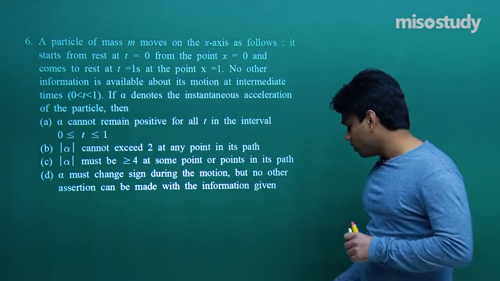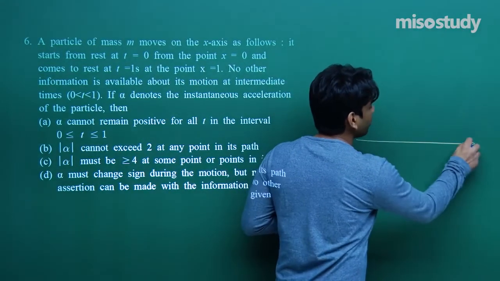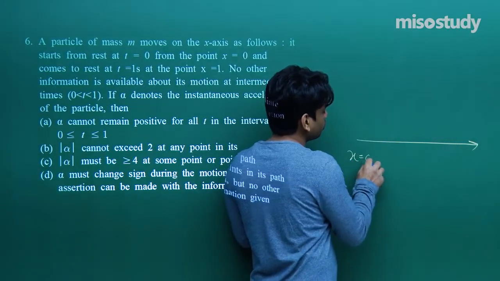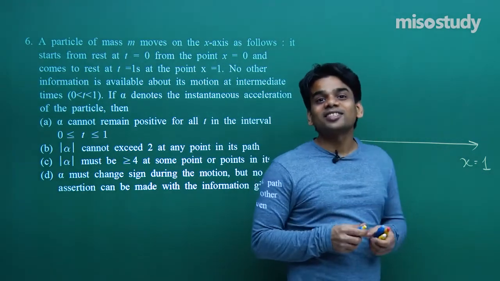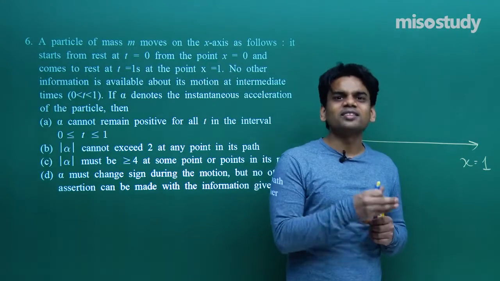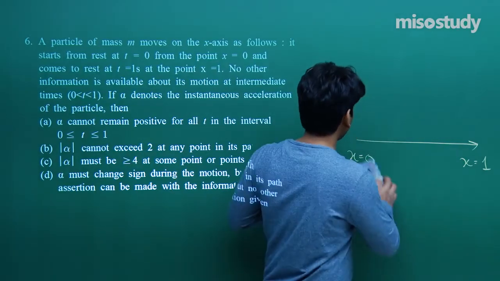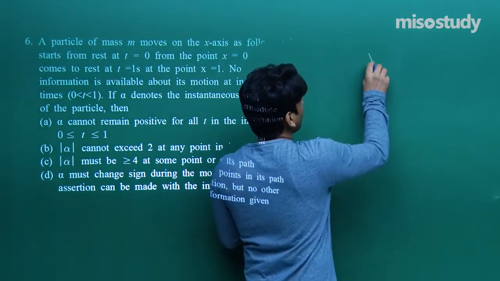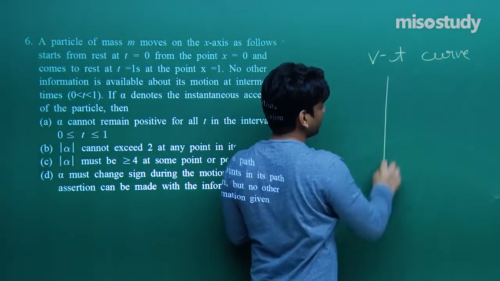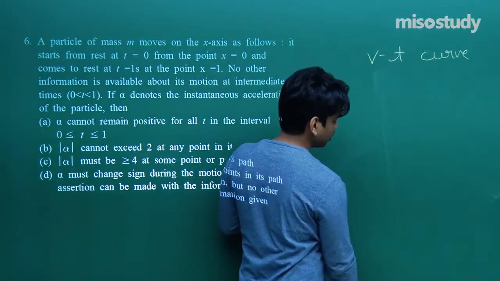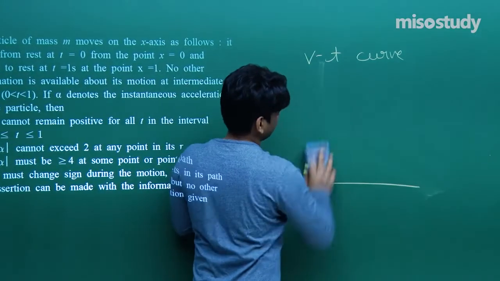Now let me show you how the body will be moving actually and how its velocity will be changing. This body is moving along the x-axis from x equals 0 to x equals 1. First of all, it is having an acceleration, that means its velocity has to increase and then decrease. So if I draw a v-t curve, how will it look? Let me show you here. I'm going to draw a velocity-time curve for this motion. The velocity-time curve will be somewhat like this. Let me show the velocity on the y-axis and the time along the x-axis.